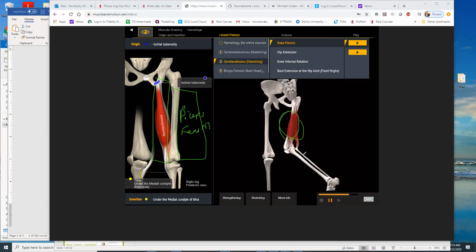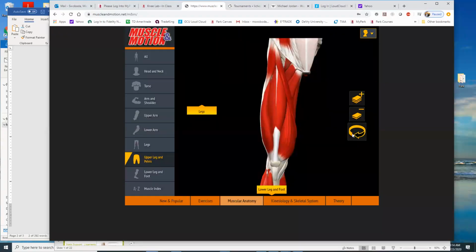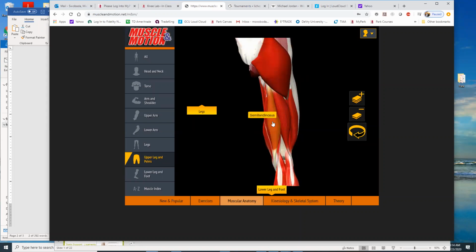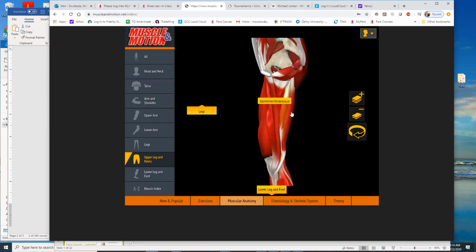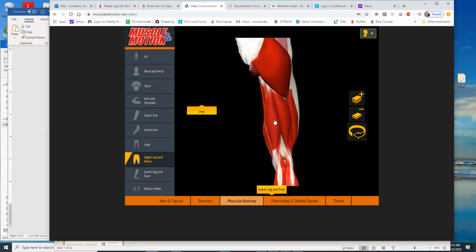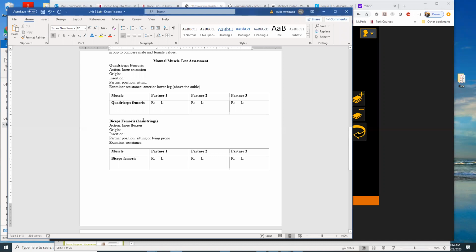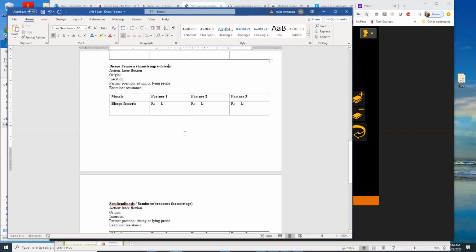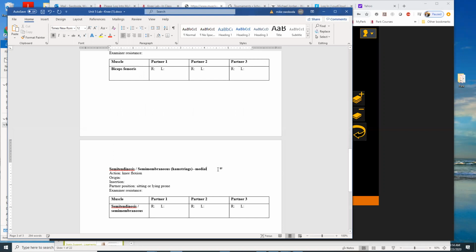This kind of doesn't do the most justice for showing you what the actual movement is with that. But when you're actually going through this here, so you have your semitendinosus. Semimembranosus is underneath. So you can see that there. So that's semitendinosus. Semimembranosus is just deep to it. But these are both on the inside or the medial side of the leg. Your biceps femoris is going to be on the lateral side of your leg. So when you're doing the muscle test for these, since biceps femoris is lateral and your semimembranosus, semitendinosus are medial,